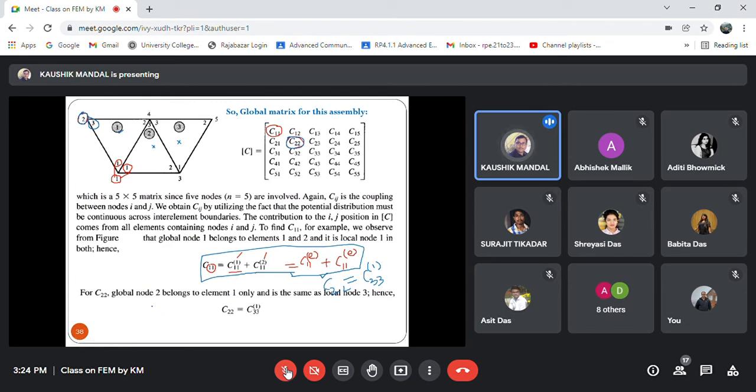So for C22, 2 belongs to the element number 1 and it is only associated with node 3 of the element 1. So it will be C33 of 1. Then if we try to find out this C44,